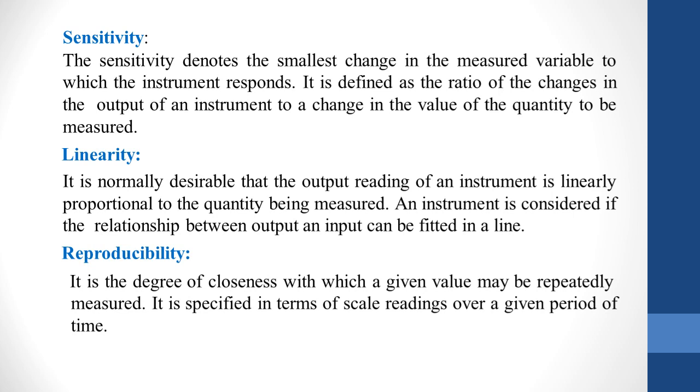An instrument is considered linear if the relationship between the output and input can be fitted in a line. One of the best characteristics of an instrument or a measuring system or the transducer is considered to be linearity. That is, the output is linearly proportional to its input. Most of the systems require a linear behavior as it is desirable. This is because the conversion from a scale reading to the corresponding measured value of input quantity is most convenient if one merely has to